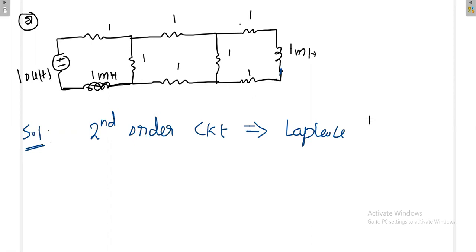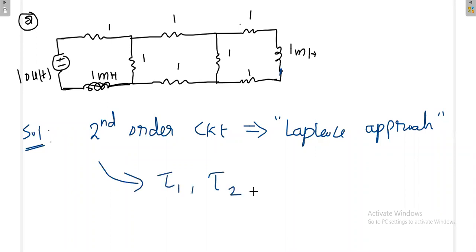That and all we'll see in Laplace transform. Afterwards we'll see how to solve the same question with the Laplace transform also. We have to use the Laplace approach. Very simply you cannot say, but one thing is sure, it consists of two time constants because there are two inductors, they are really separate. You cannot make it as a single inductor. So two time constants are possible because it is a second order circuit. Then there will be two time constants.